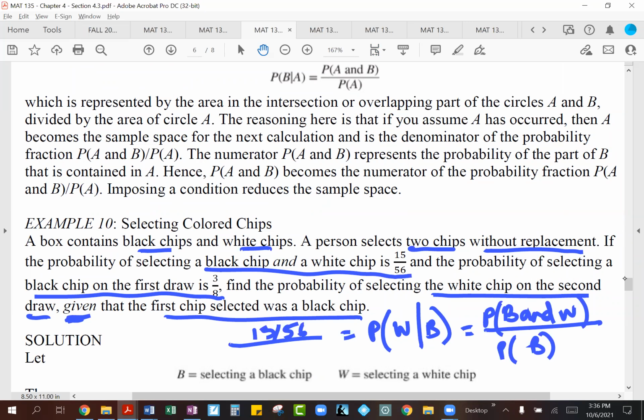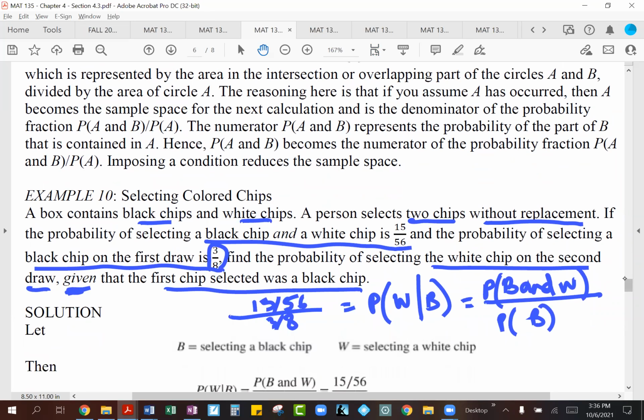And then you're dividing this by the probability that we will draw a black chip on the first draw, which is 3/8. So you are taking 15 over 56 and then dividing it by 3/8. So it's fractions in both numerator and denominator. And, of course, you can use the trick of dividing a fraction by a fraction: if you're dividing 15 over 56 by another fraction, 3/8, then remember this is where you invert your second fraction, change the division to multiplication, and then you can simplify it that way.